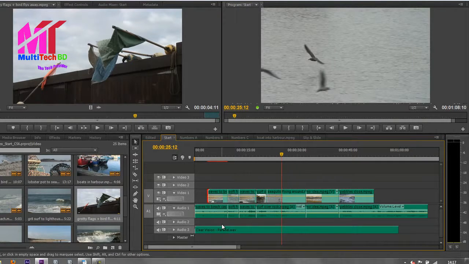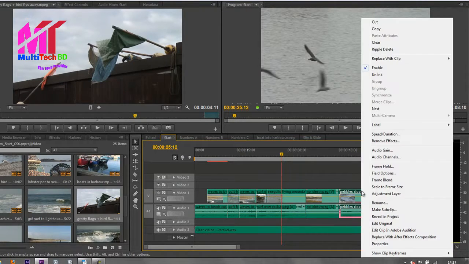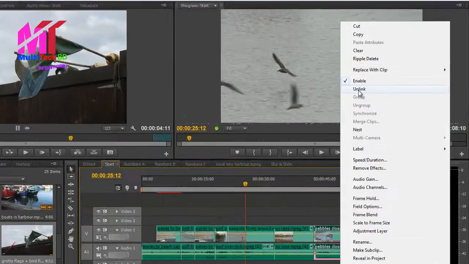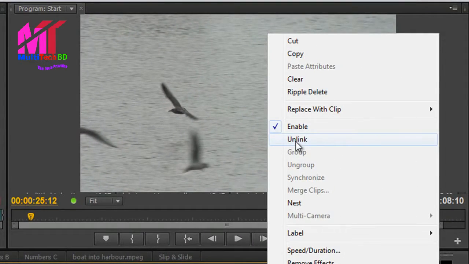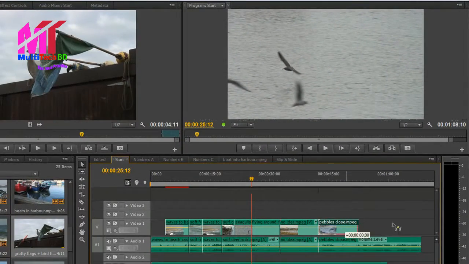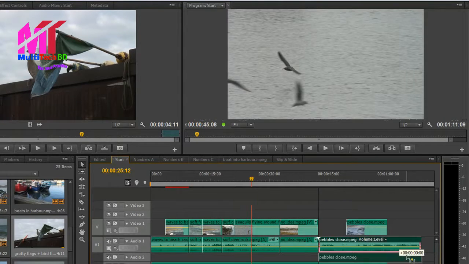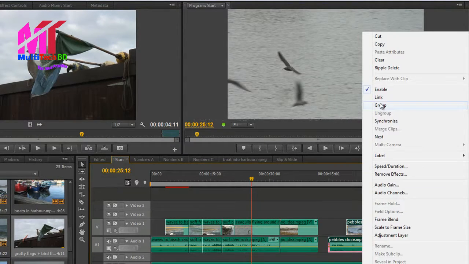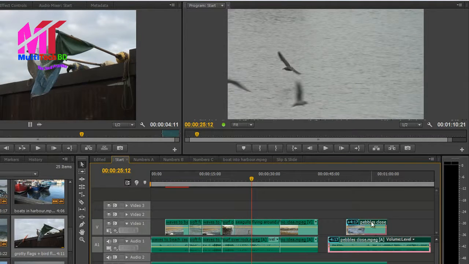Not only that, we can also completely unlink clips. So I've got a clip at the end here, the Pebbles clip. If you right click on it, you can actually choose this one that says Unlink. And when you click Unlink, the audio and the video become completely independent clips that you can move around however you like. You can always relink them later by selecting them both, right click and click Link,